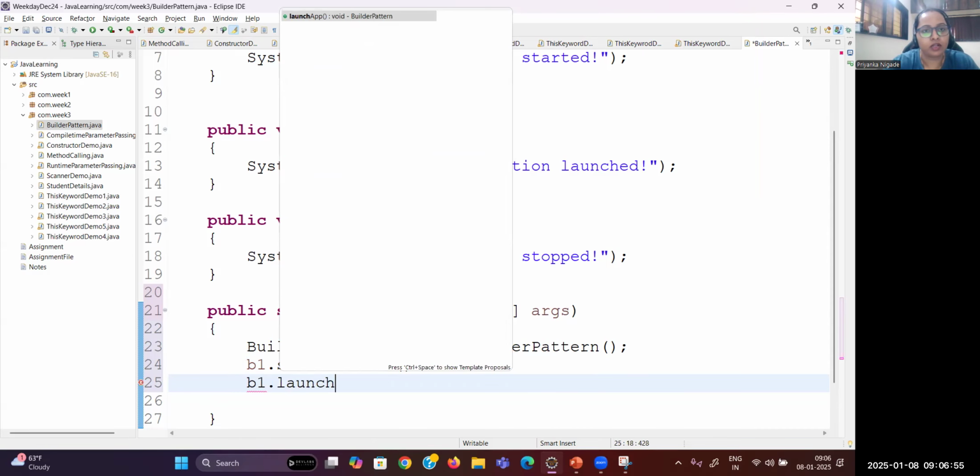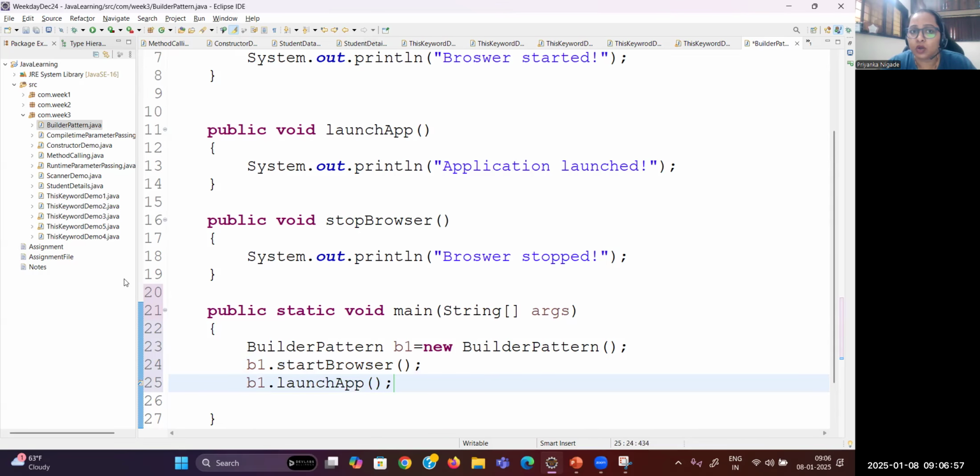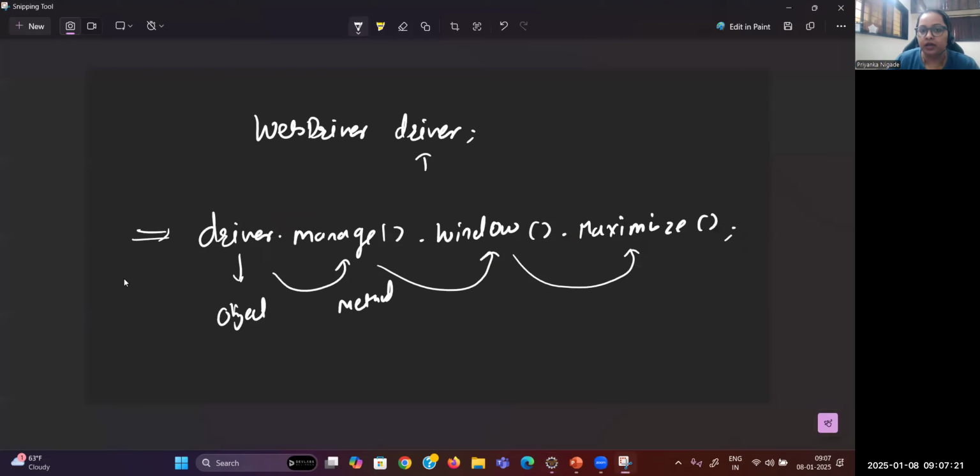So here I can call launch app. Yes, I can call. But from launch app also, I can't call the next method. Why is it so? Because the current method is just a method. If you really want to call any other method from a method, it has to return the current class object. Are you understanding? When is it possible in a chain fashion? Basically, currently all three methods whatever we have designed,